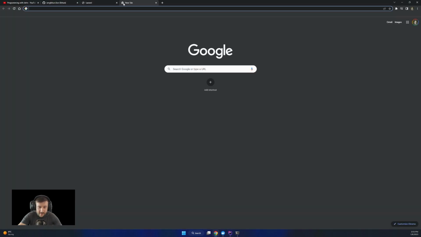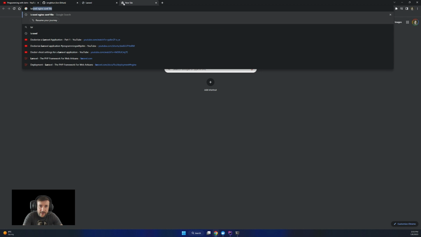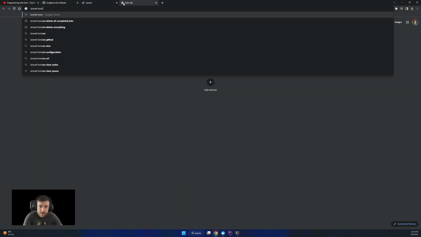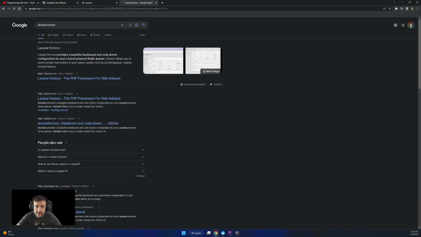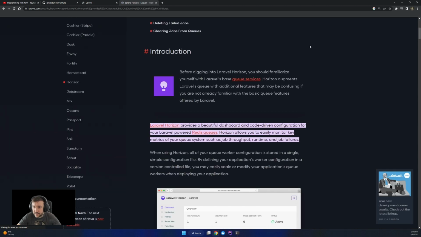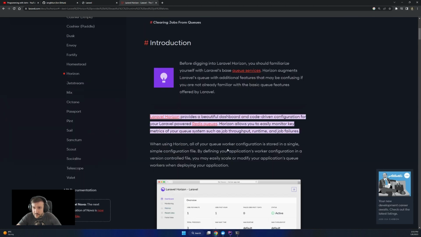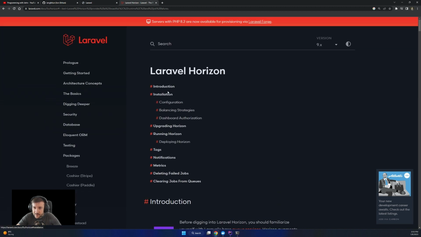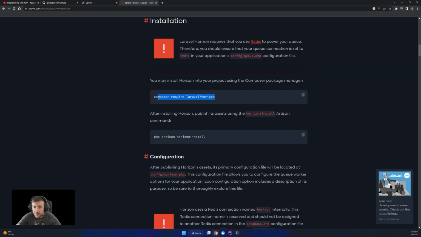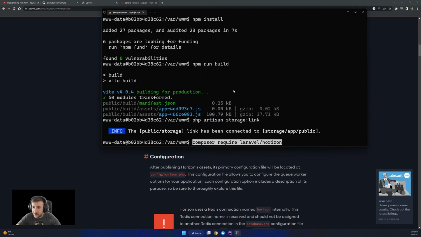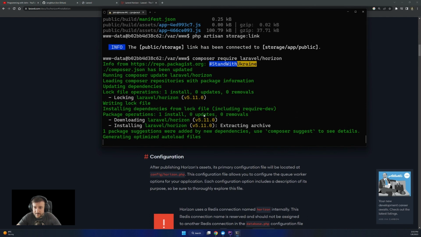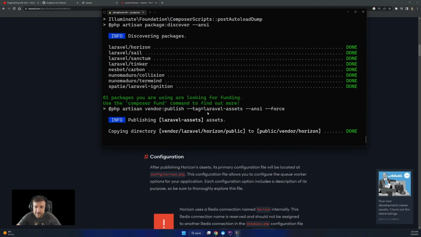So if we want to add Horizon, we search for Laravel Horizon in the docs and make sure we're on the latest version. To install, we run composer require laravel/horizon. I told you it's a queue management tool.